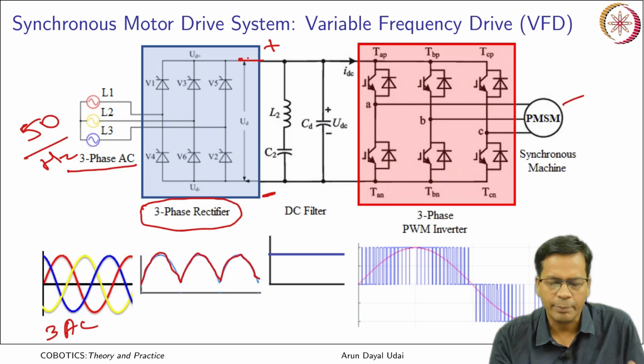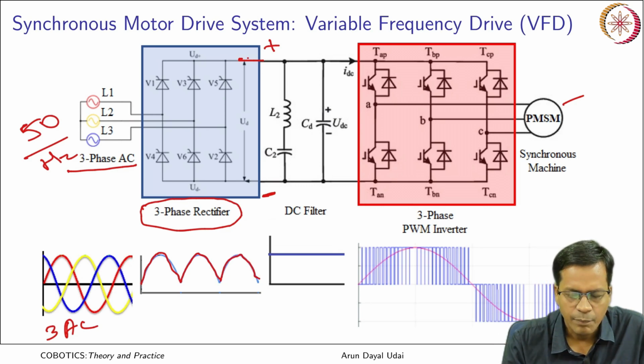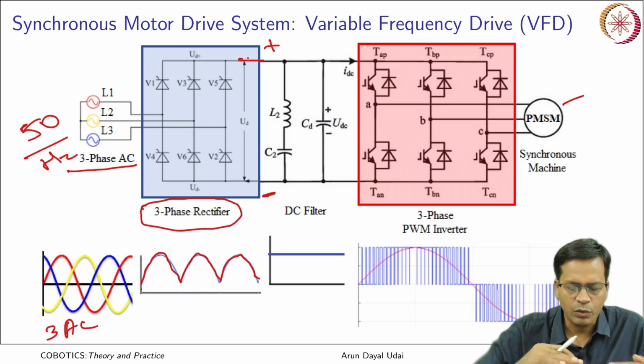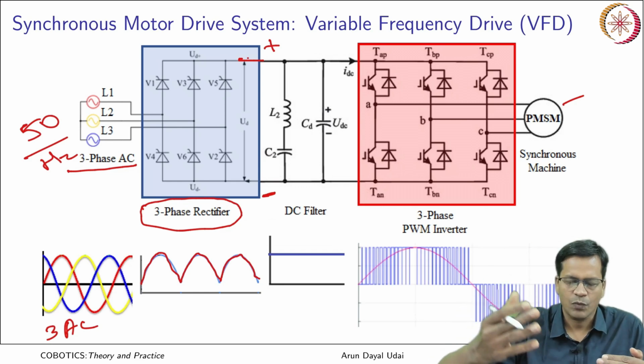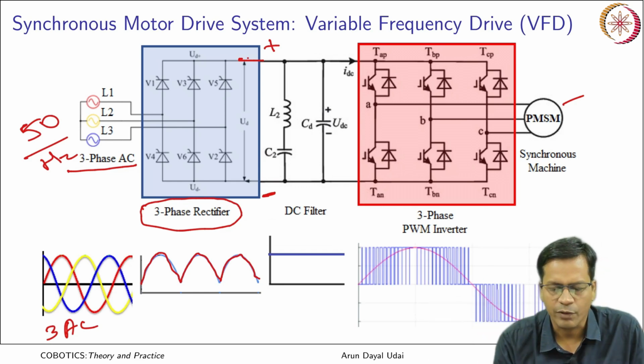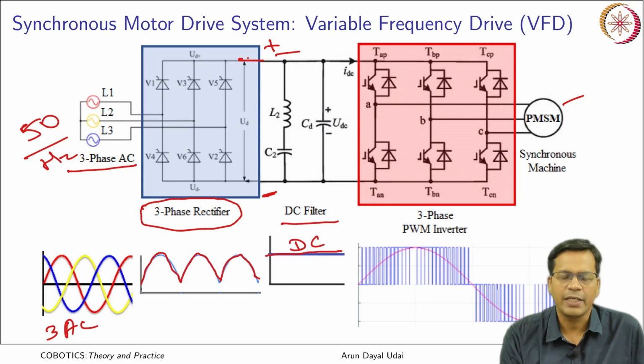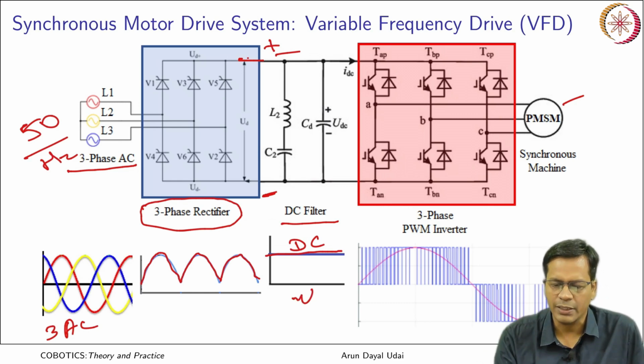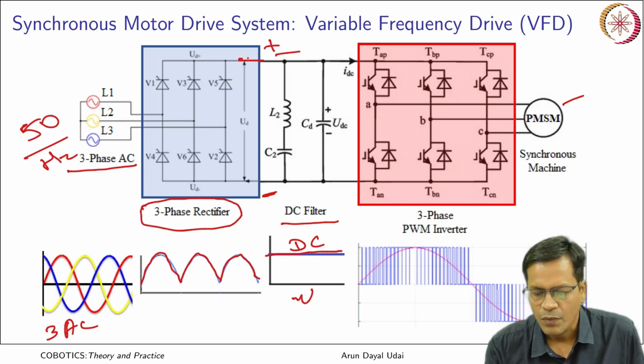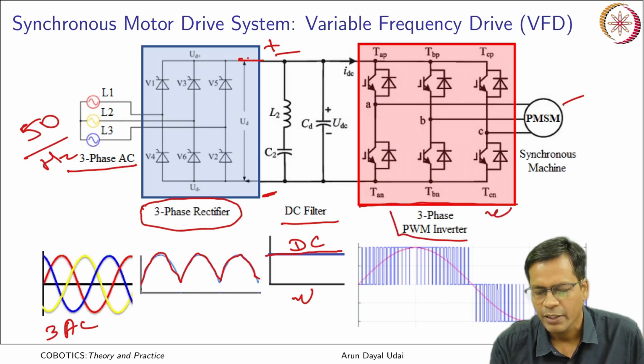Okay, that is bound to happen because you have just mirrored the low side to the higher side. So you see only the higher side of it. So all those are here. You see continuous positive here, negative here, then it is filtered and a pure DC kind of power is generated here. So till here it is nothing but a rectifier. Now what is done: you have a 3-phase PWM inverter. So this is nothing but an inverter.